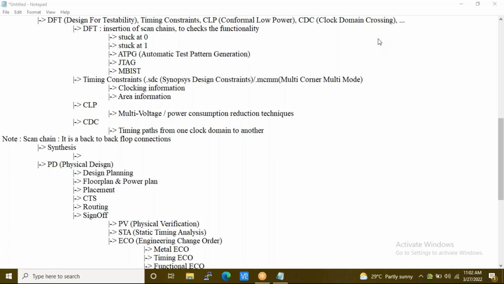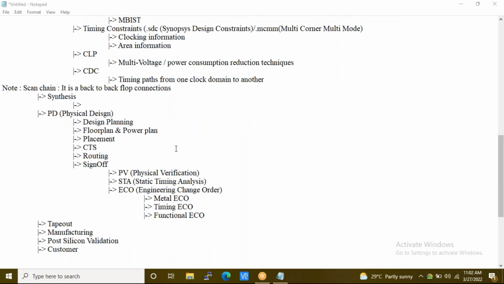And to everyone, I believe there are almost 50 plus participants. There is a chance that some of you are not able to follow many things. You may not be able to follow what is meant by flip-flop, what is meant by synchronizer, what is meant by clock domain crossing, what is meant by physical design, synthesis. These terms are probably new to most of you.